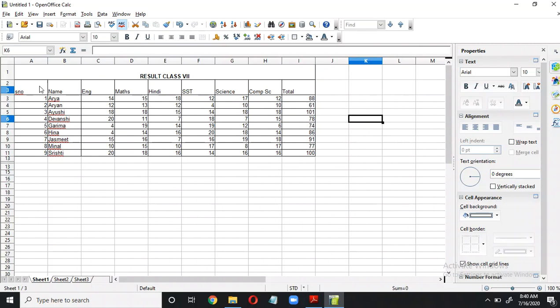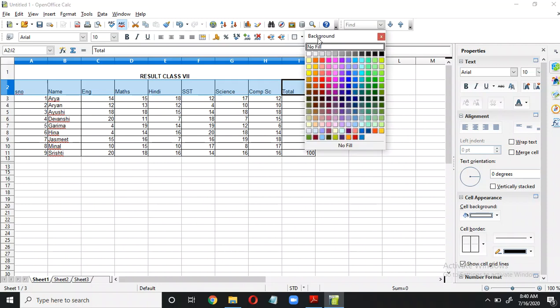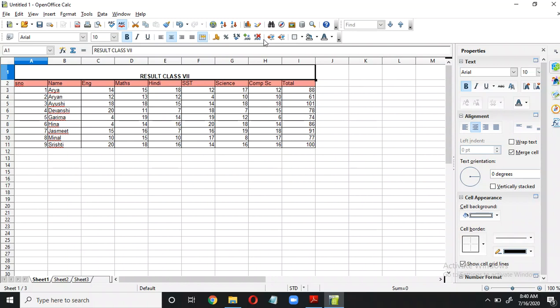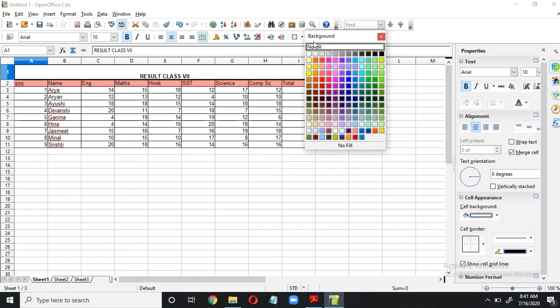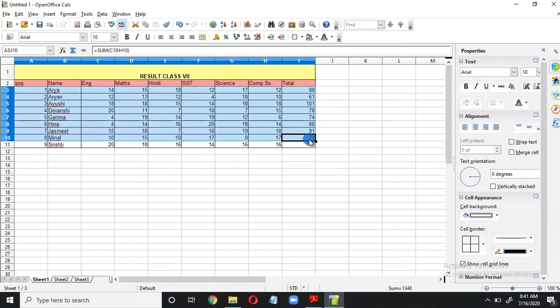You can even change the heading colors. I want to change the heading color different, and this entire result.